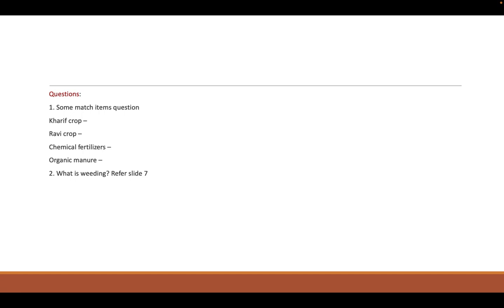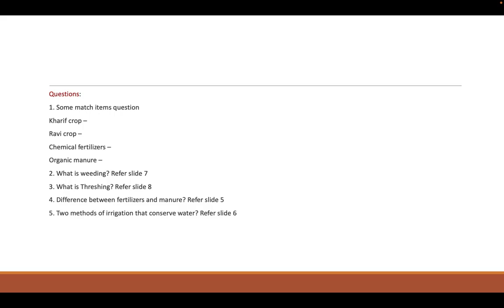In the weeding step, we already saw in slide 7 what weeding is. You can refer to that. What is dressing? We just discussed it while harvesting. Over the dressing step is done. Difference between fertilizers and manure, we already discussed in slide 5. Methods of irrigation for conserving water, we already saw 2 modern methods, the sprinkler system and drip system, in slide 6. There is another question here: